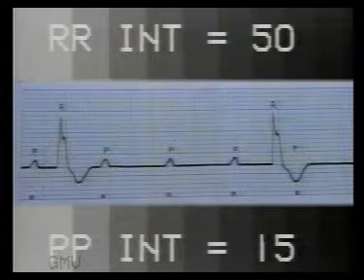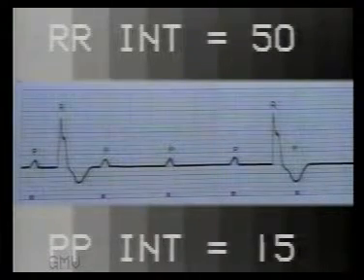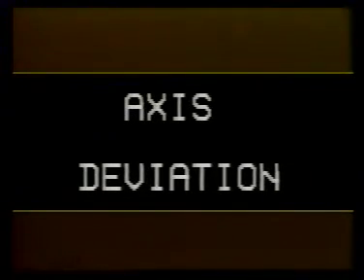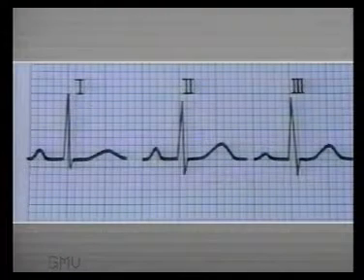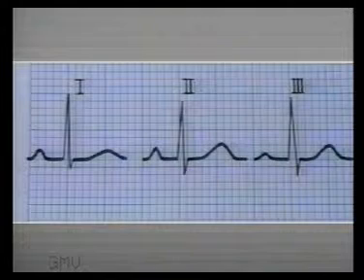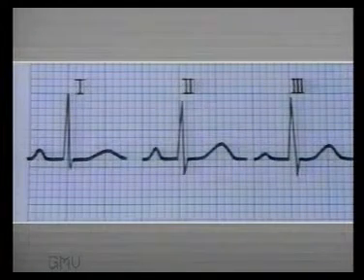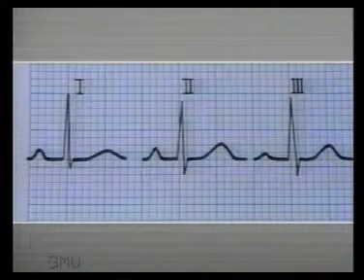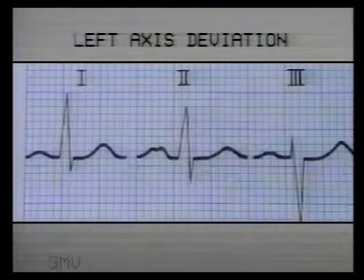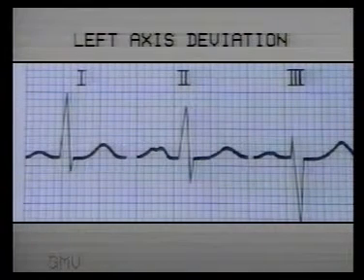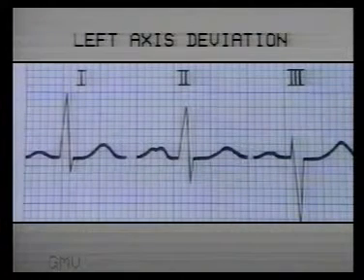Clinically, what we count by palpating the pulse is ventricular rate. Atrial rate can be seen only on ECG. Axis deviation. To look for deviation of electrical axis of heart, we must study leads 1 and 3. Normally, QRS complexes are predominantly upwards in both these leads. In left axis deviation, there is a prominent R wave in lead 1 and a prominent negative deflection either Q or S in lead 3.